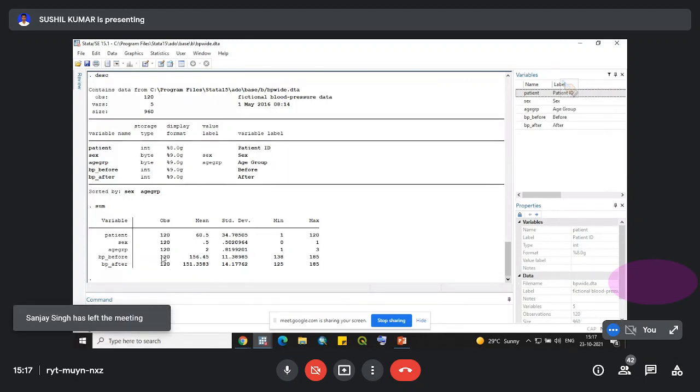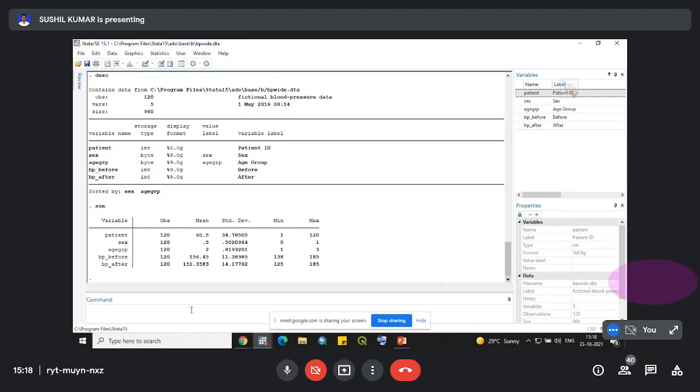BP before has 120 observations, mean value is 156, standard deviation is 11.38, minimum is 138 and maximum is 185. BP after also has the same number of observations, 120, with average value of 151.35, standard deviation of 14.17, minimum value of 125 and maximum value of 185.